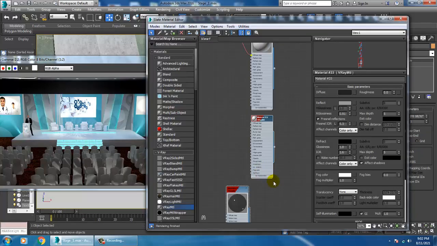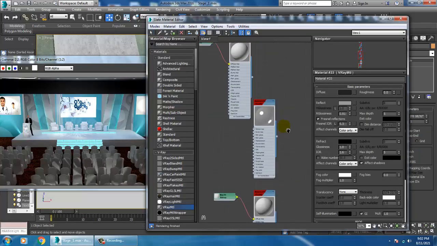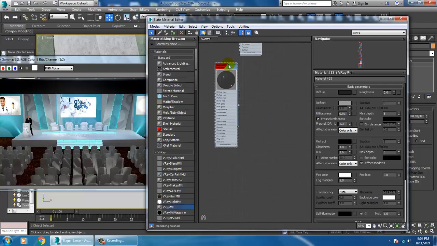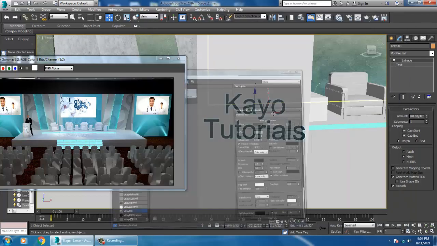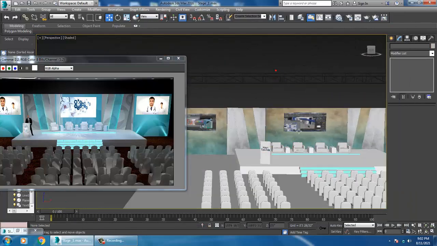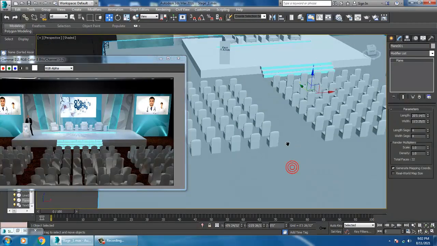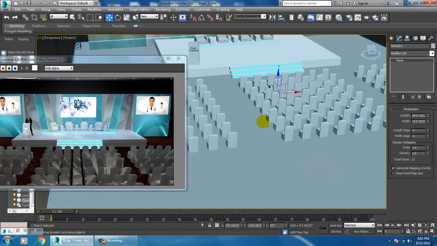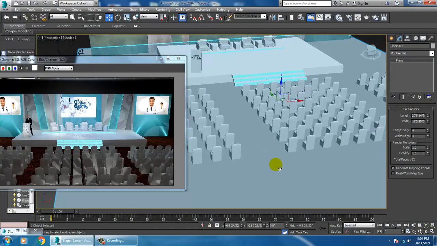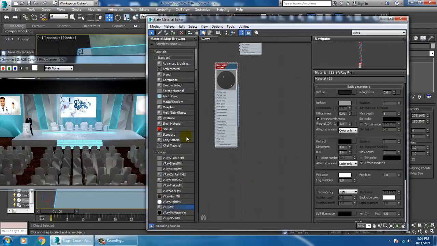So let's go into the material and I'll just give a black shader. So select this, and for this, if you need any kind of a carpet texture or something, you can give a texture.